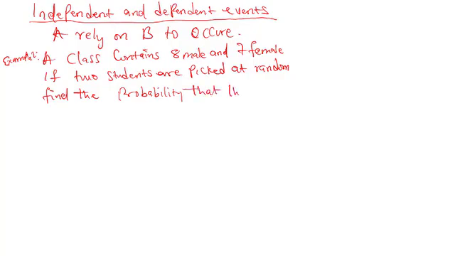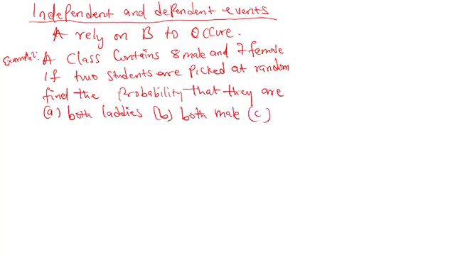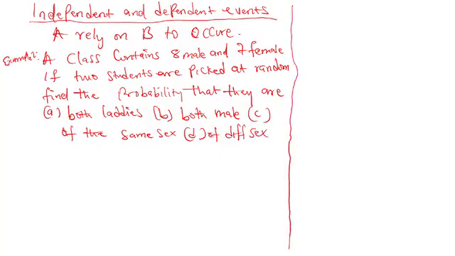that there are A, both ladies, B, both male, C, of the same sex, and D, of different sex. Now we want to solve this from here. Now, A,